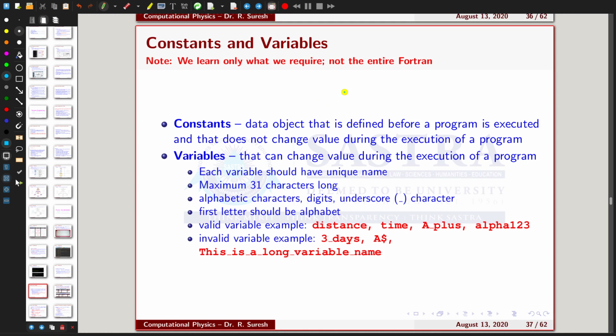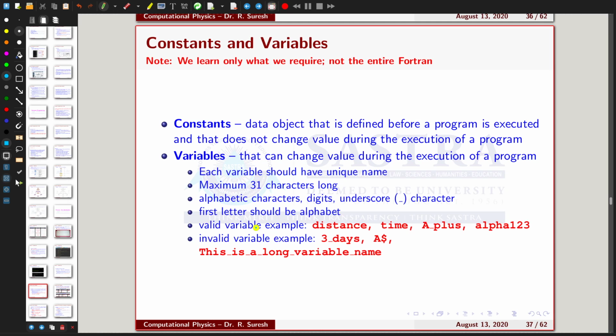For example, the best constant is pi. Suppose you want to find the radius or area of a circle, you require this constant. It doesn't change its value throughout the program, so you have to enter it as a constant.